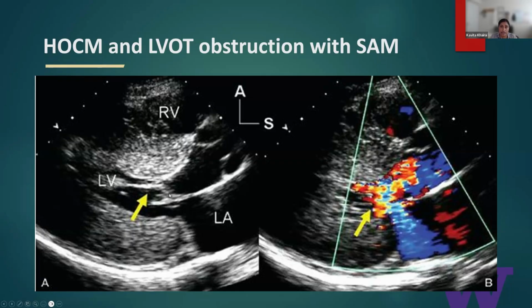And that's what we call SAM, or systolic anterior motion of the mitral valve. So that further causes that obstruction. It can also cause mitral regurgitation, which you're seeing here in this picture. And so the key